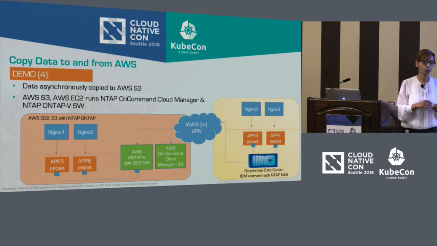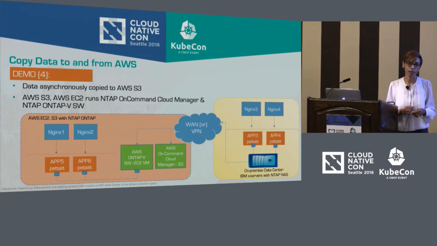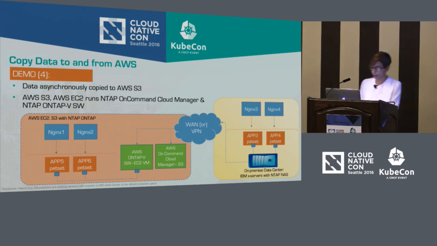So basically, you create a file system on top of S3 or EBS. You copy all the data there through their software, and then you make it available to your instances, which are already running in a Kubernetes cluster. So if I were to show you how to set it up,